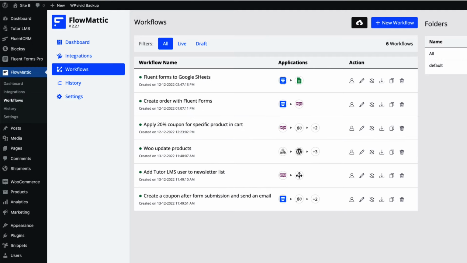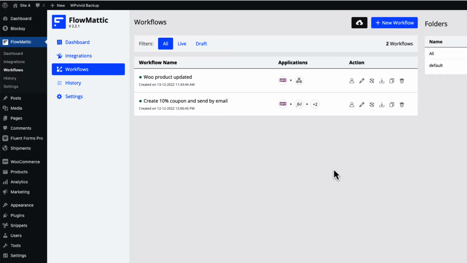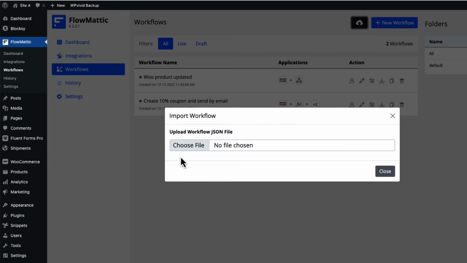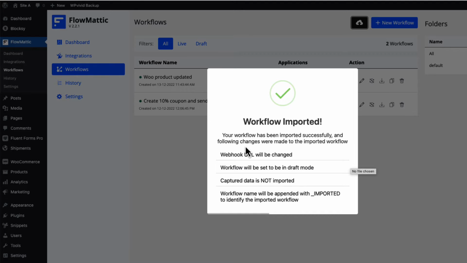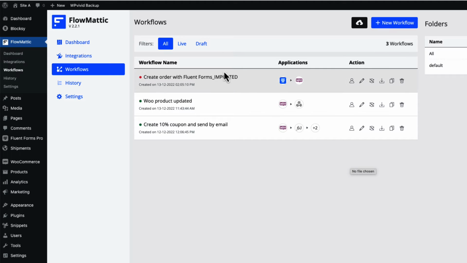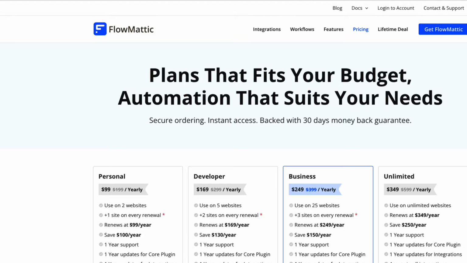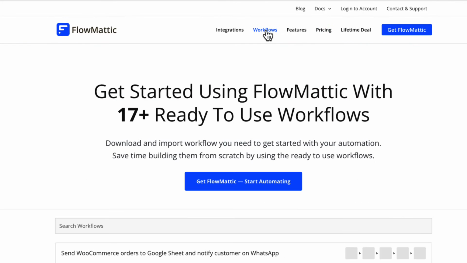For example, I'm gonna go to my site B. I'm gonna export this workflow, save it, go back to site A, upload it. It says what has been done, and now it's here, and it will add an imported tag here. This is one way of importing the workflows, but if you go to the Flowmattic site and open up the